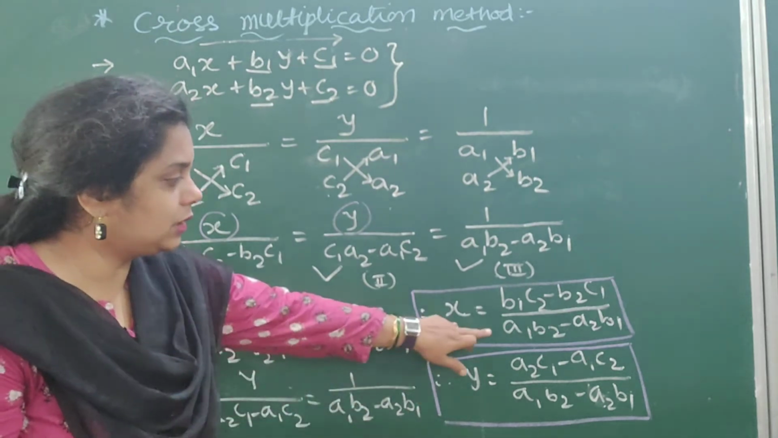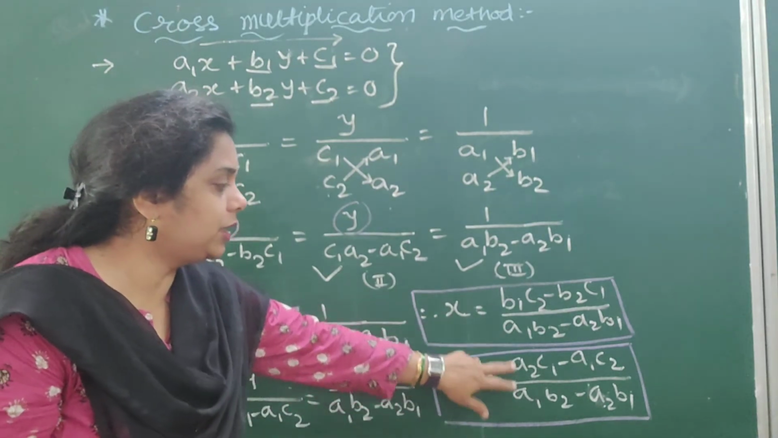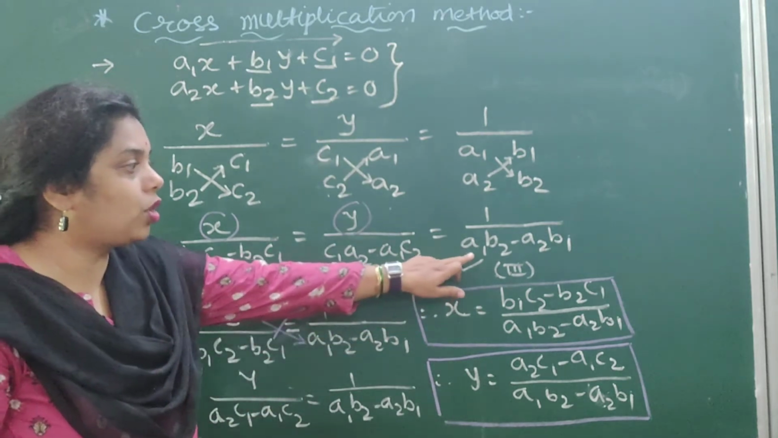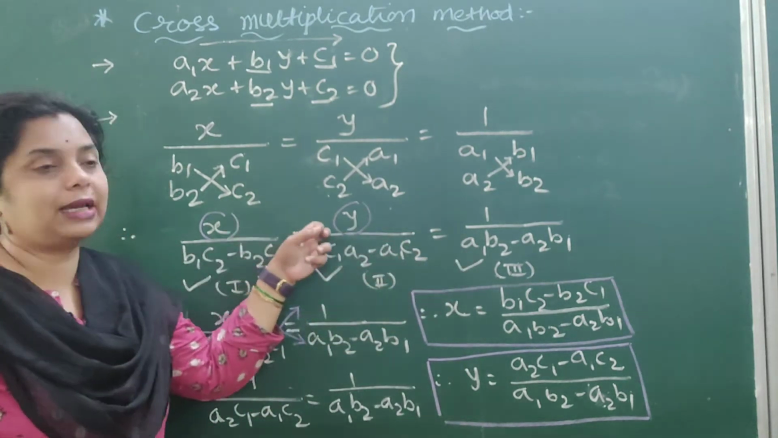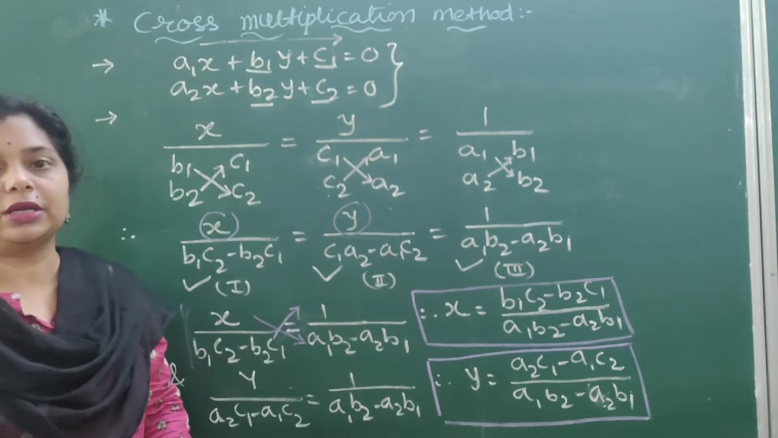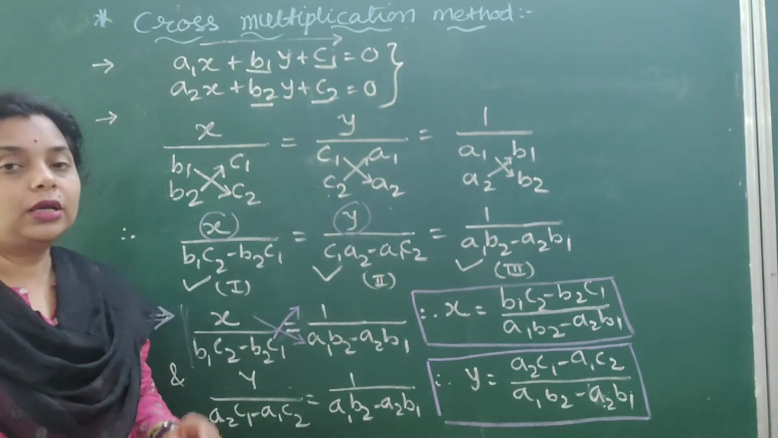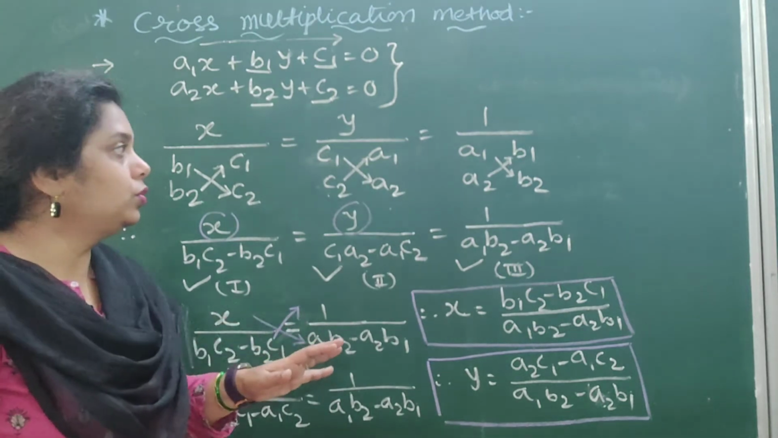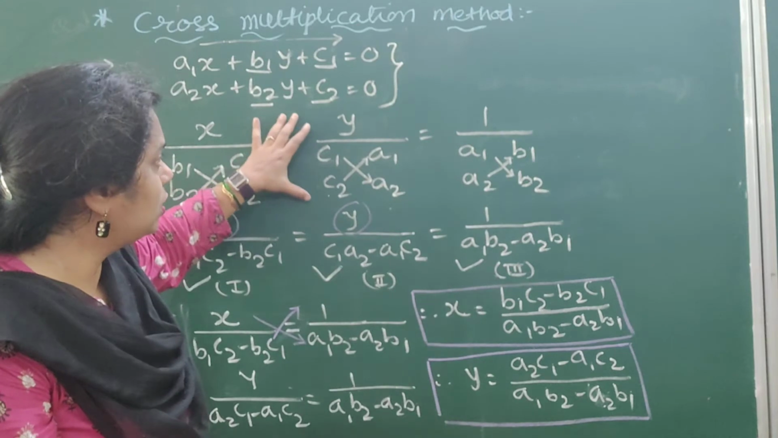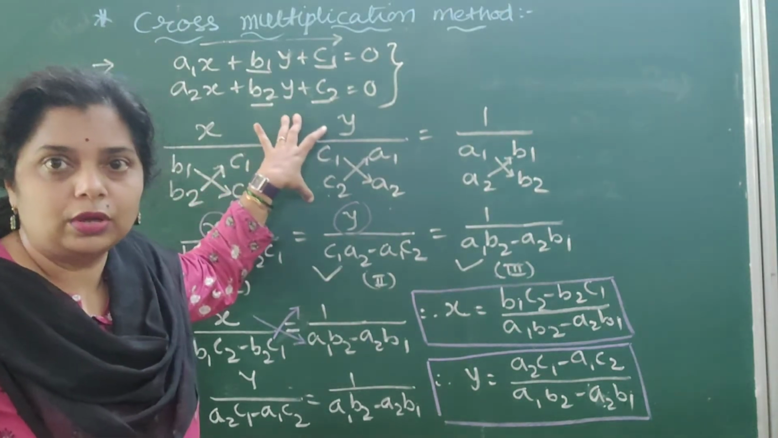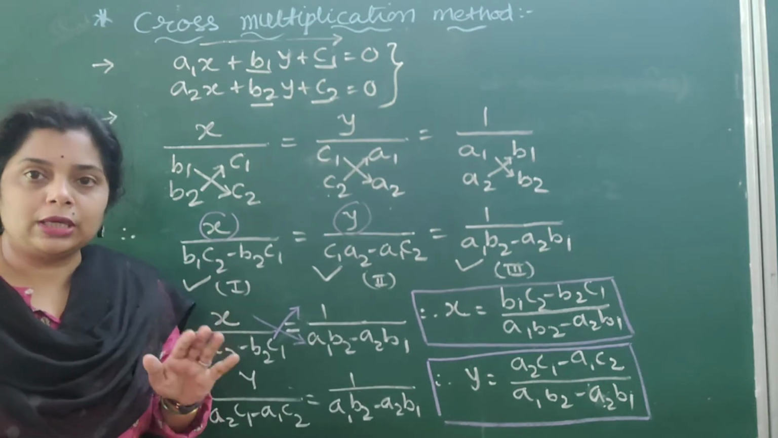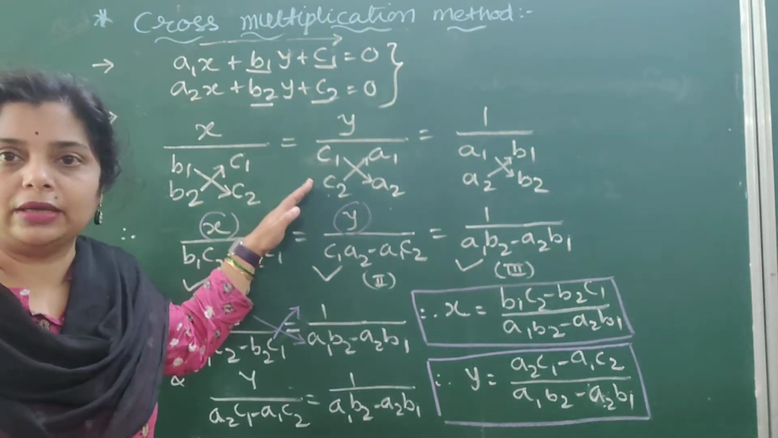So as you notice here, the bottom part, the denominator of x and y, is common, because this is the common factor to find out x and y. By this way we can do the cross multiplication method. You do not have to write down all these steps right now, but to understand the method you have to keep the steps in your mind,